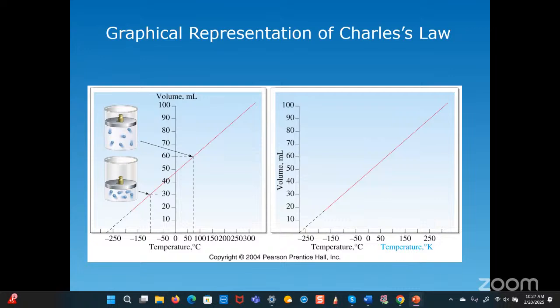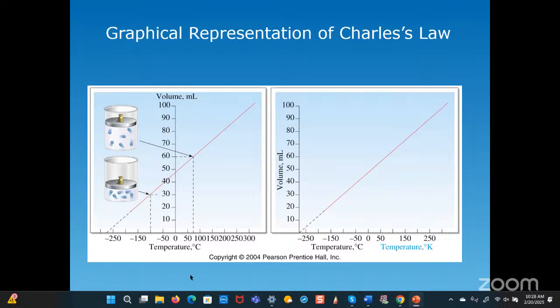So if you draw a line continuing the trend, what you'll find is that the graph or the plot will cut the x-axis at the value that I mentioned before, which would be minus 273 degrees Celsius, right? And of course, that will be the point where the volume of the gas would be zero, if it were a gas at those low temperatures, right? So basically, as we said before, that is considered to be absolute zero,